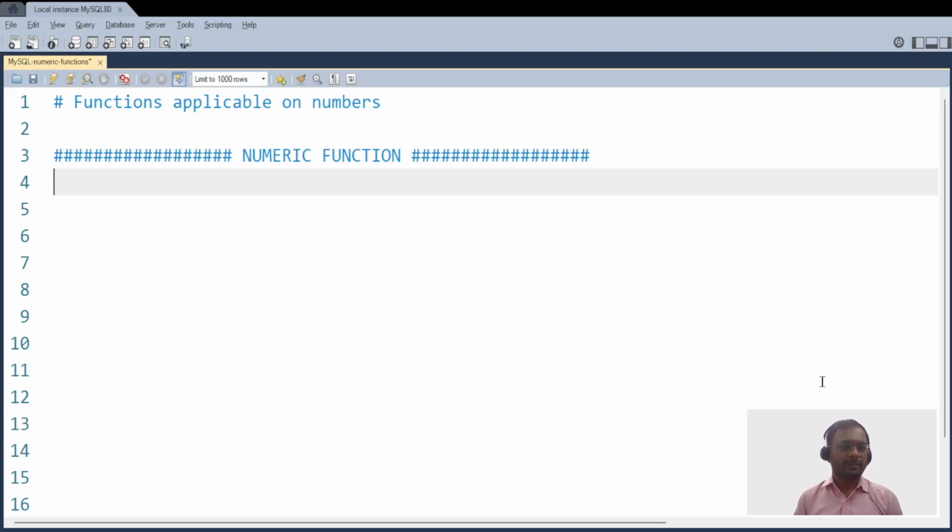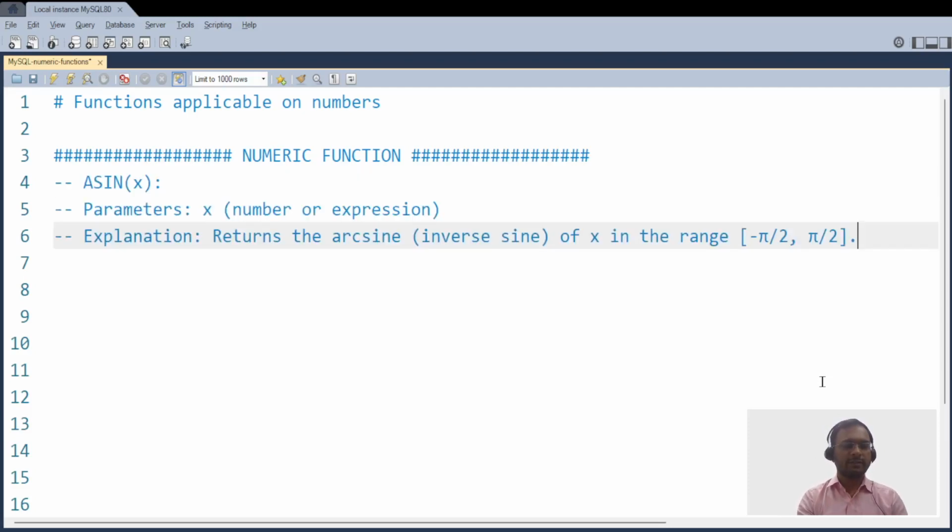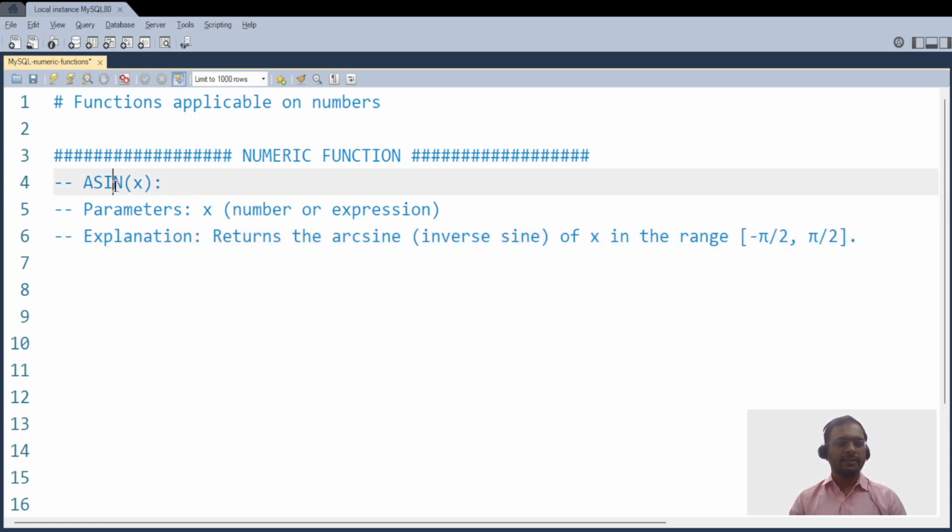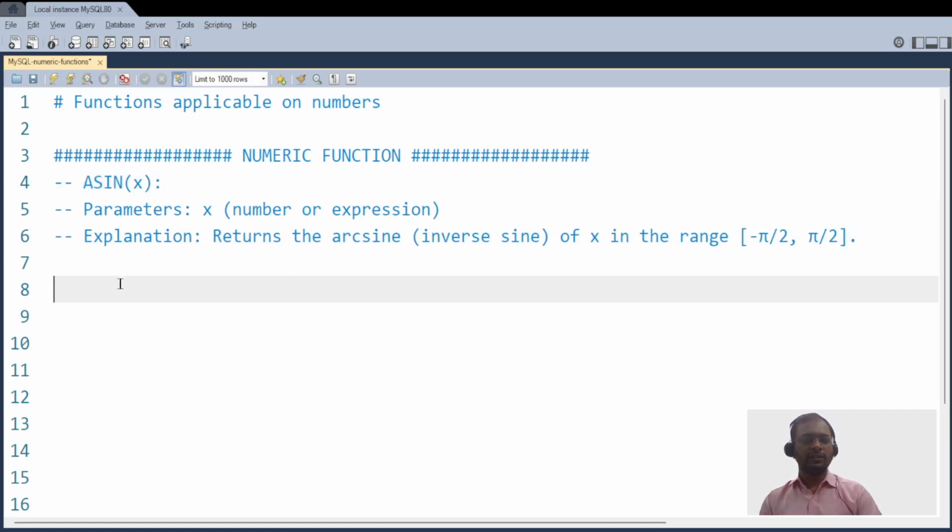In this video, we'll look at another numeric function available in MySQL, that is the inverse trigonometric functions. In inverse trigonometric functions, we have sine inverse, cos inverse, and tan inverse functions. Sine inverse is represented as ASIN. Now we know the result of inverse trigonometric functions for the sine function will lie between minus pi by 2 and